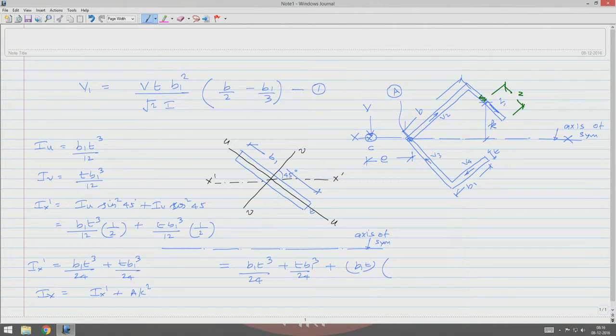That is my K, which will be B sin 45 minus B1 by 2 sin 45. That is the distance, the whole square, which gives B1 T cube by 24 plus T B1 cube by 24 plus B1 T into B by root 2 minus B1 by 2 root 2, the whole square,